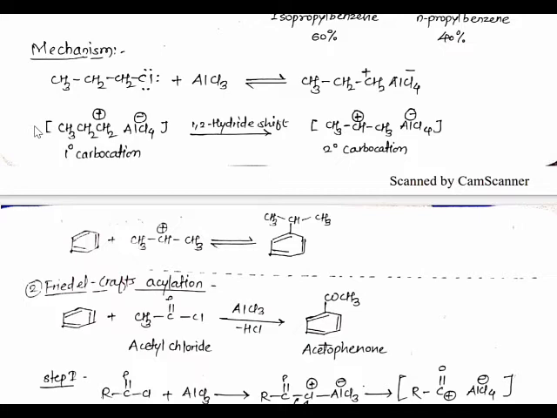then just do this. Any halide present on any alkyl group or acyl group, just break this bond. But see for the carbocation, if there is the possibility of a more stable carbocation, then the more stable carbocation will be substituted. Just break this bond and substitute the CH2 or any alkyl group on the benzene, like this. Then in case of Friedel-Crafts acylation,